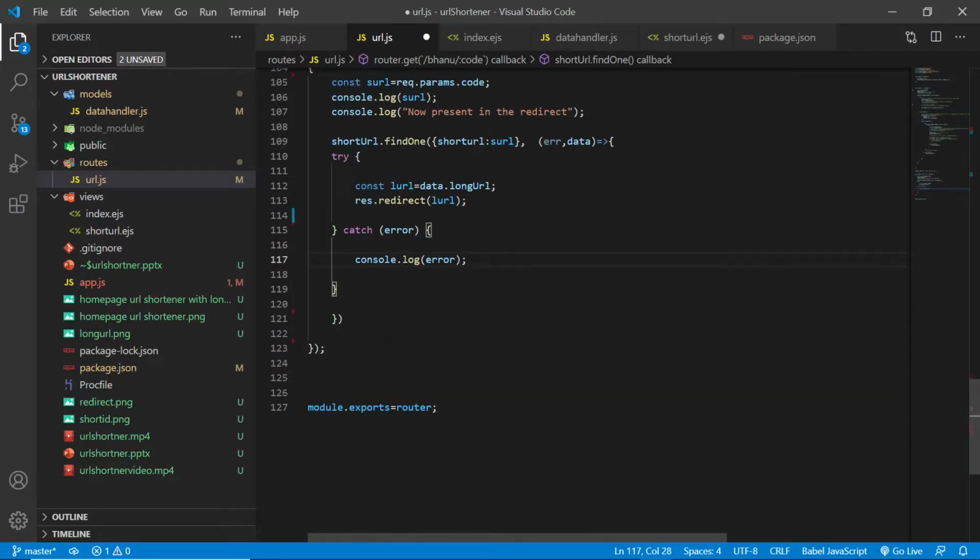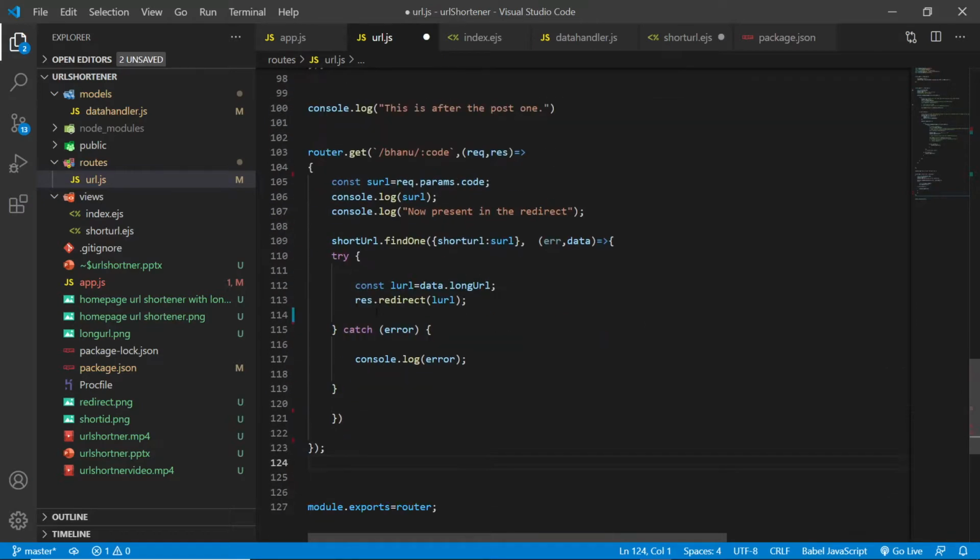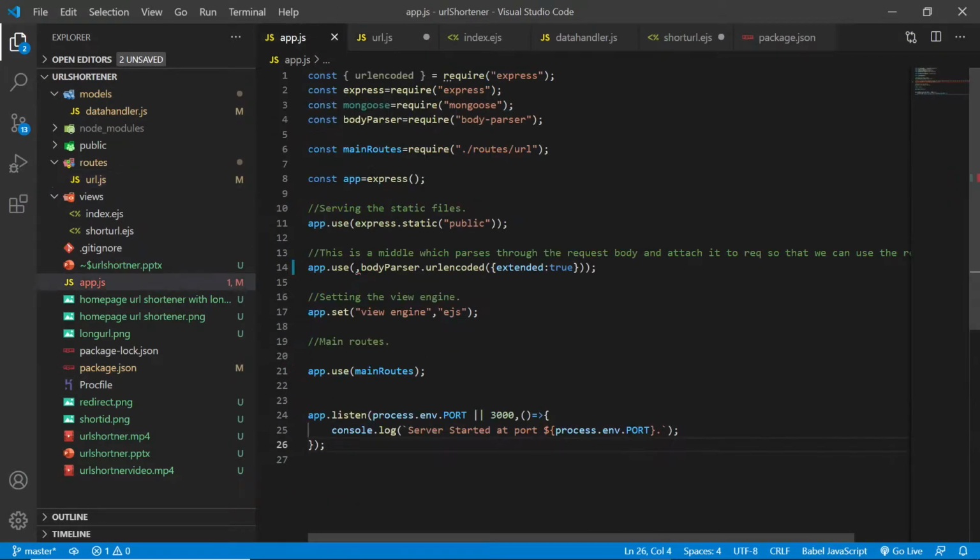Now this is very big code, guys, and here we are exporting this particular thing because we are using it over here. We are requiring it over here, you say require routes URL. This particular file we are requiring over here and using it as a middleware.